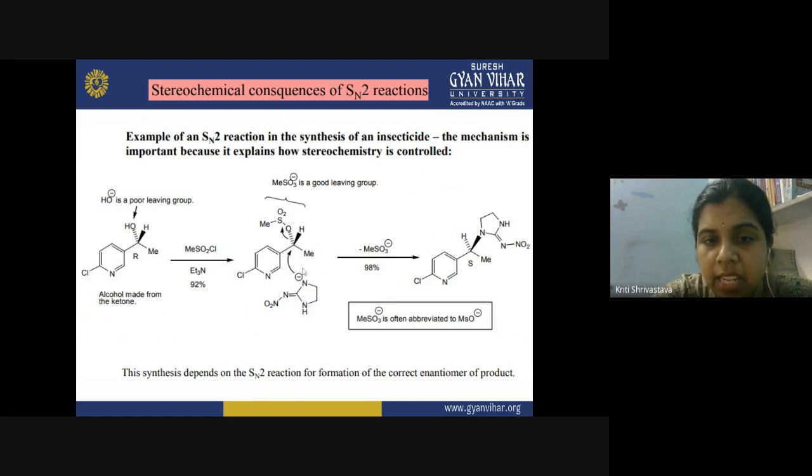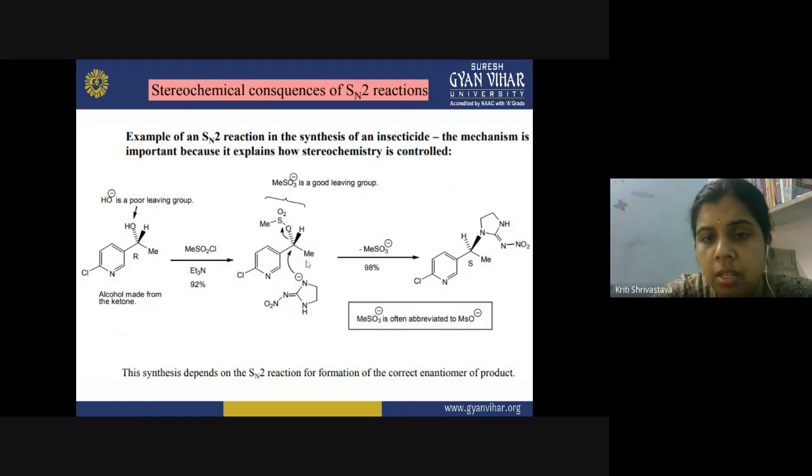So this is the attacking reagent, and this is also present in the medium, and your MeSO3 is also present in the medium. So you have two nucleophiles present in the medium. This MeSO3 is the mesylate group. So this mesylate group is actually a very good leaving group, and now in the presence of this compound Et3N, triethylamine, it actually behaves as a solvent.